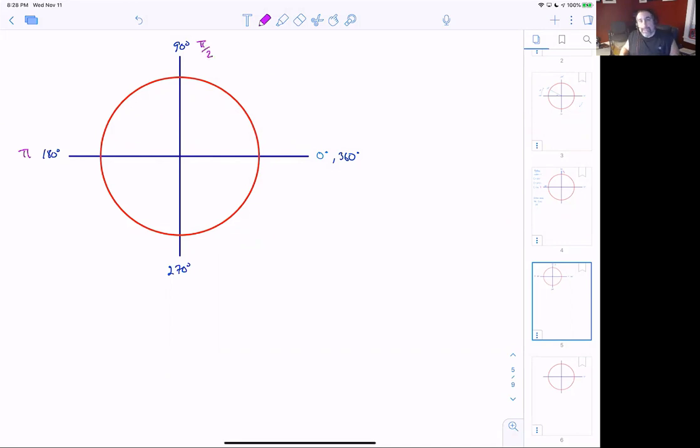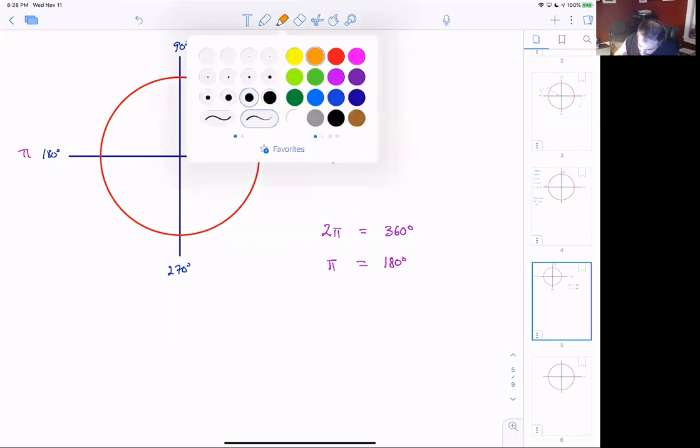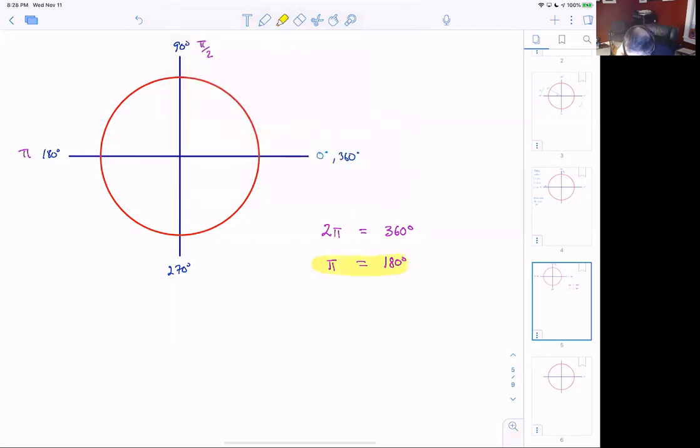Well, we're starting to develop a relationship between degrees and distances. And this relationship is built on the idea that a full rotation, 2 pi, is the same as going around 360 degrees. Okay. And that's when the radius is 1. But we're going to use that radius of 1 as kind of a standard. So we're going to just keep saying the radius is 1. So the full distance around is 2 pi. Once you lock that in, you now know halfway around the circle is 180 degrees. So halfway on distance has to be pi. This is kind of the key right here. If you can remember this fact, that pi and 180 are equivalent in this story, the rest is going to